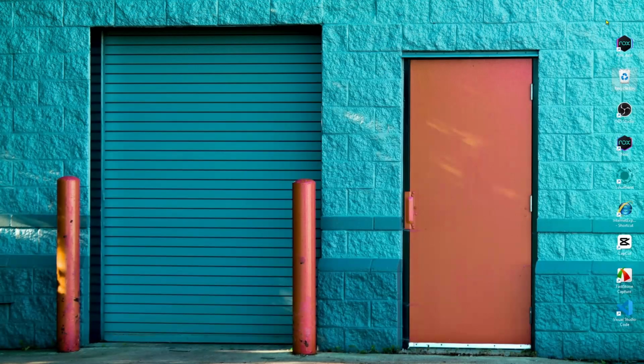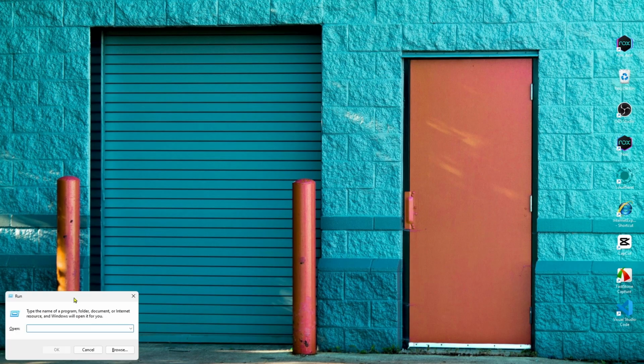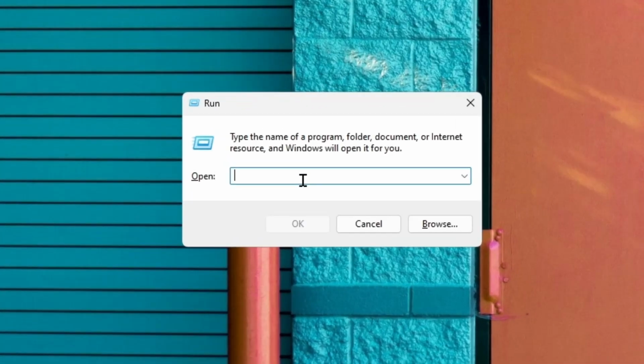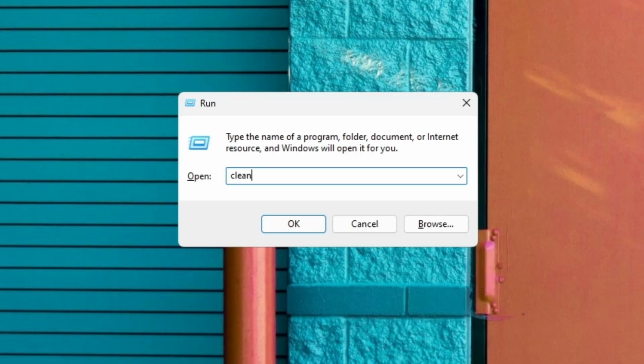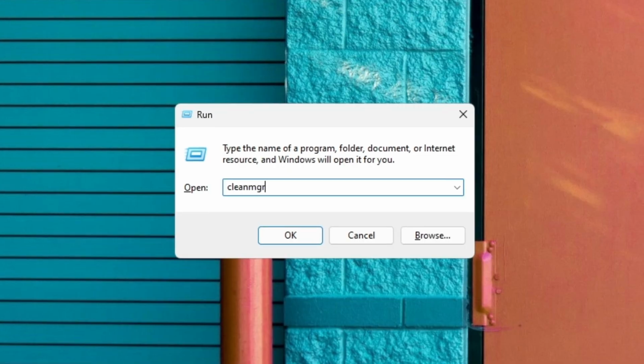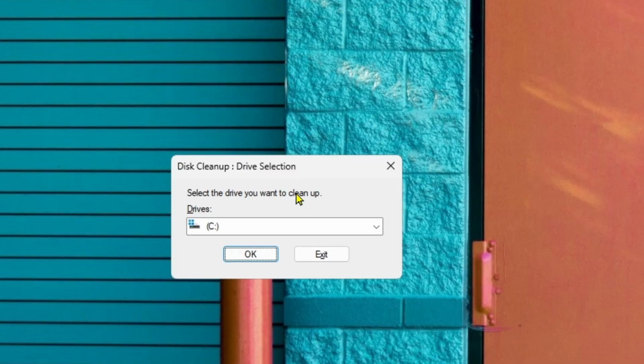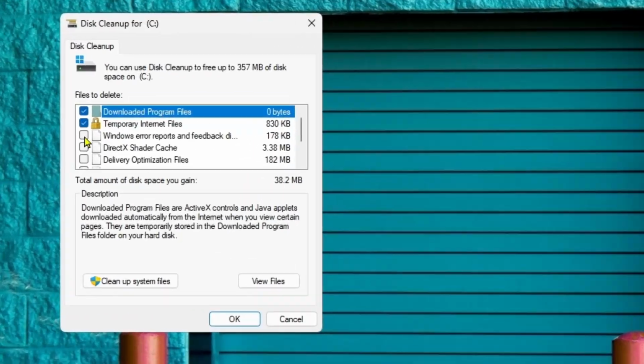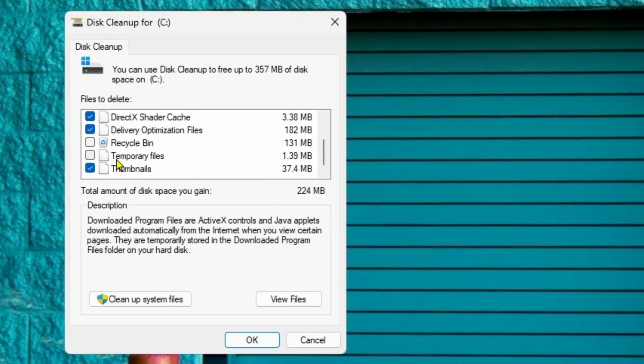So now we're going to look at another step. Open Windows+R for Run, and then we're going to type cleanmgr. Then simply click on OK. We'll just select the C drive. You can choose any of your drives, but I'm only going to choose the C drive and then click OK. And now we can select them all one by one